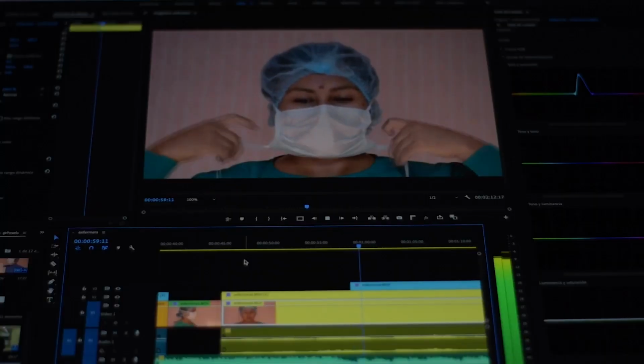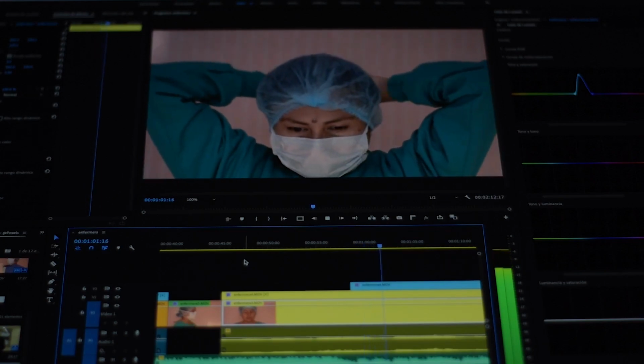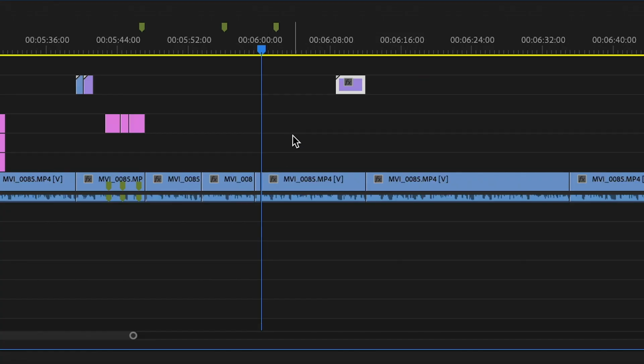Now, whatever program you choose, use it for a long time. Like I said, let it be like the back of your hand. Learn it inside and out and be so proficient in it that you're like, okay, I think I'm ready to move to the next step. And over time, you're going to learn how you edit.